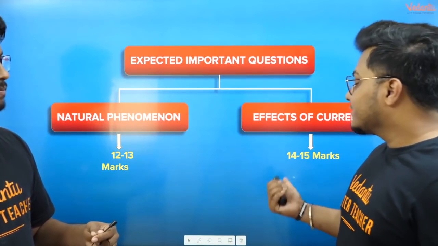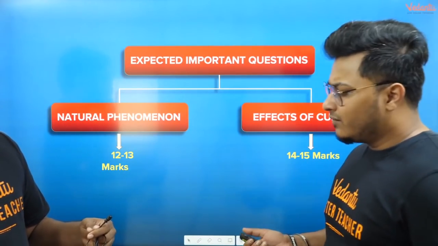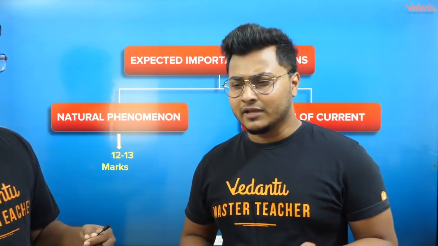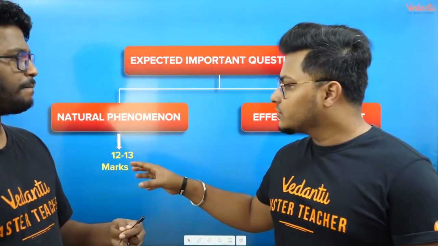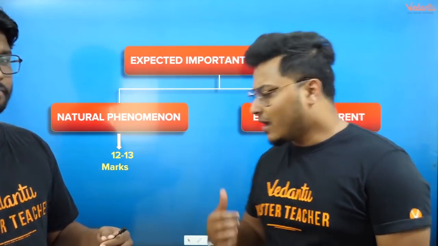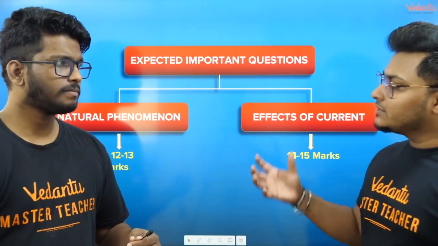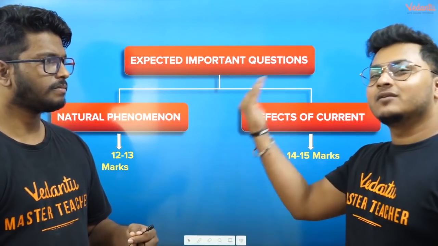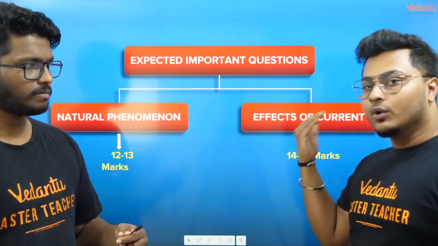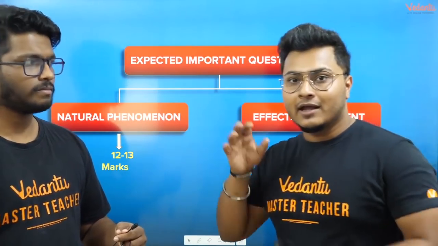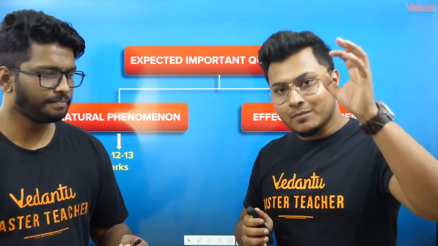And when it comes to electricity and magnetism, it's actually 14 to 15 marks. Even before, the light chapter contained 8 marks and 5 marks were coming from the colorful world part. Same happened in electricity also, but I can see after the syllabus reduction, there has been a shift in inclination of the marks towards the effects of electric current unit. Why? Because in colorful world, the entire human eye has been taken out. Yes. So of course those marks will be reduced then.